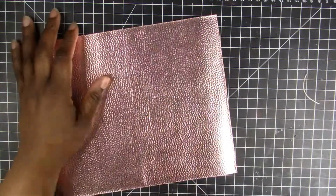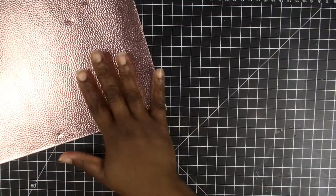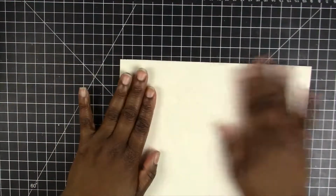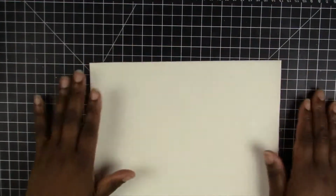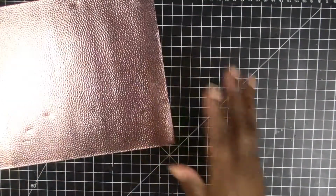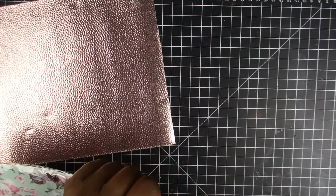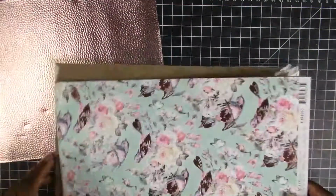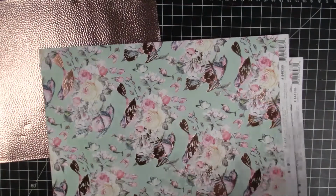So once you have the material cut, then you are going to find the paper that you want, because this is pretty flimsy. So I found that matting this with the coordinating cardstock that I want to use on my notebook was the best option for me. So I am going to show you guys what paper I will be using, and that is the Havana collection by Prima. Prima has beautiful papers, and so it's really easy to just choose one of their collections because all of their paper is so beautiful. So I'm just going to choose which paper I want to show on the